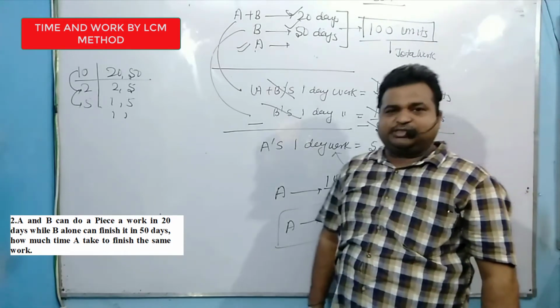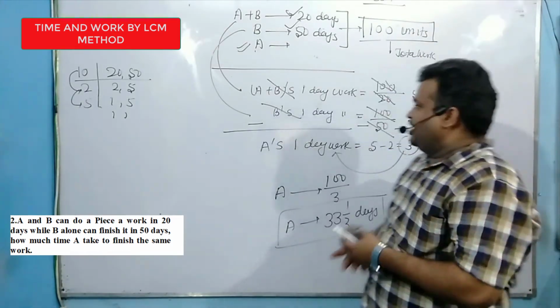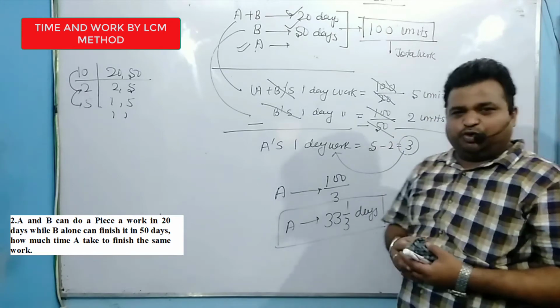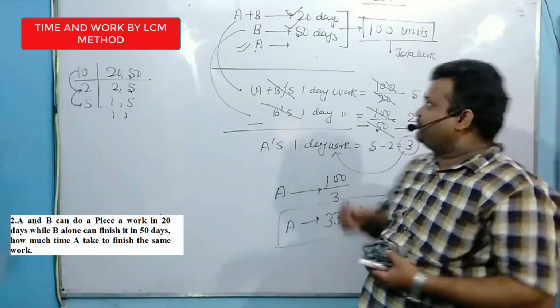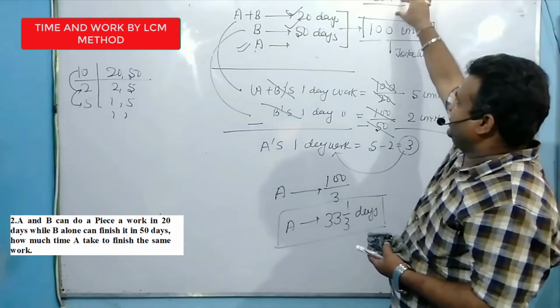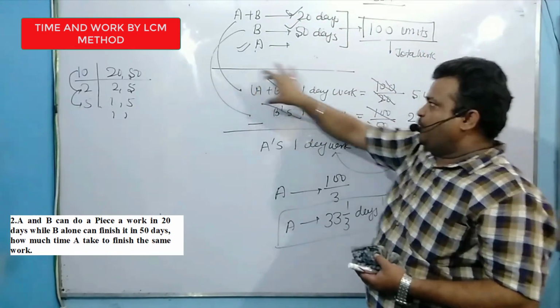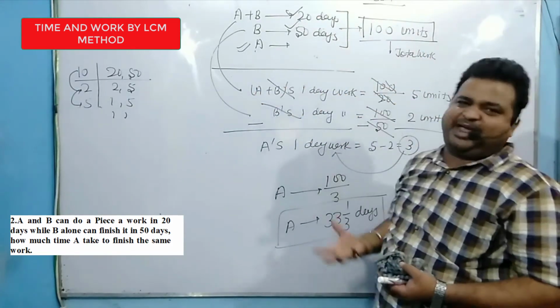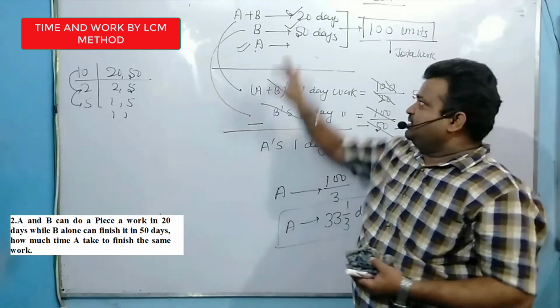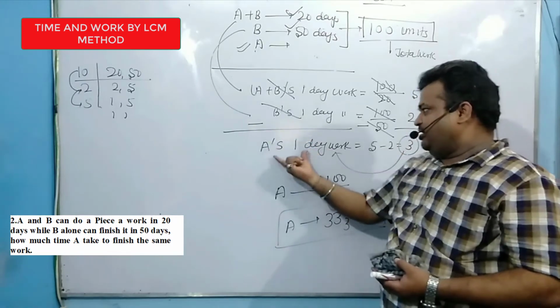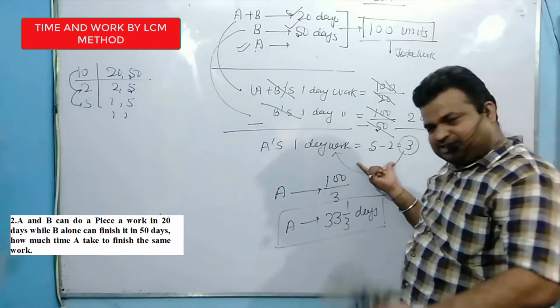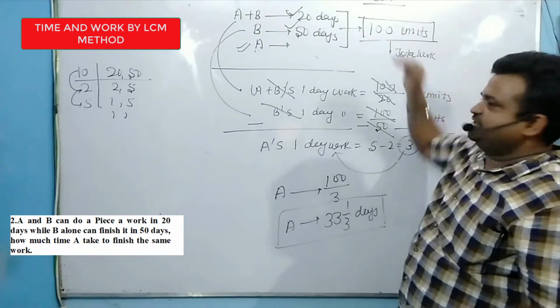So this is the concept and this is the logic. Now it becomes easier for you, and you understand the problem. First I calculate the total work by taking the LCM, then calculate one day work, and then see what parameter the question asks. According to that, we add or subtract the parameters, get the partial solution, and then finally the complete solution.